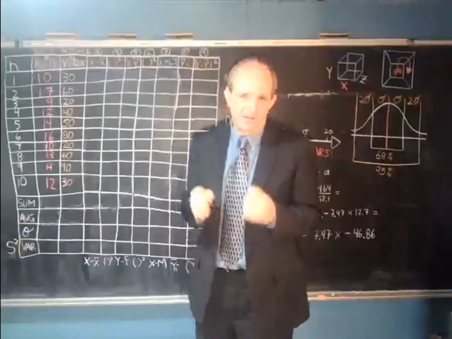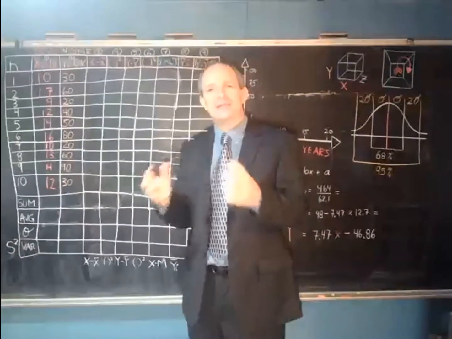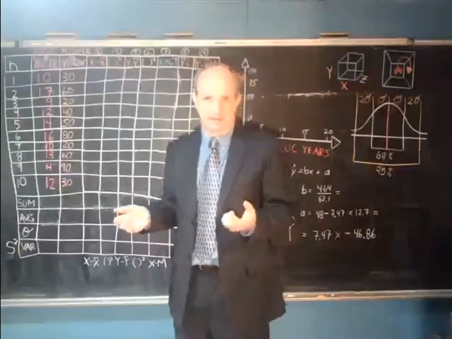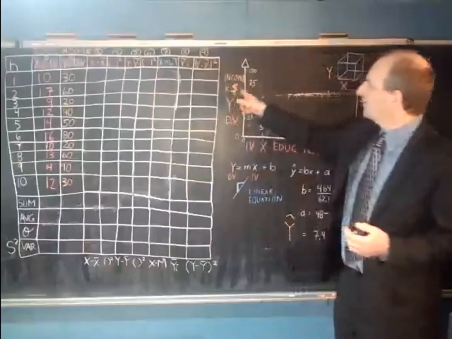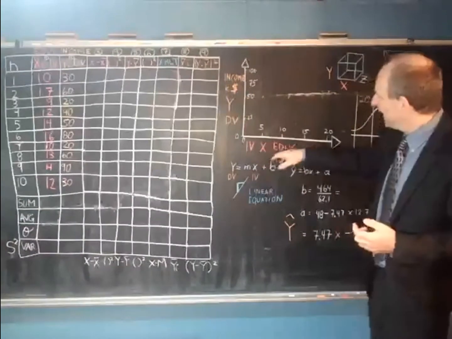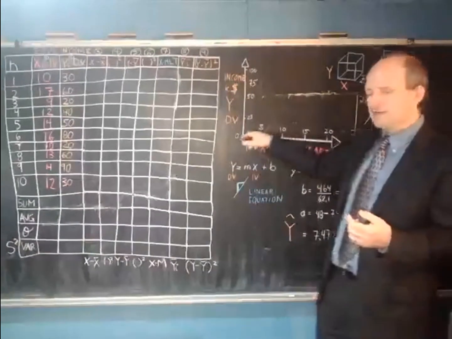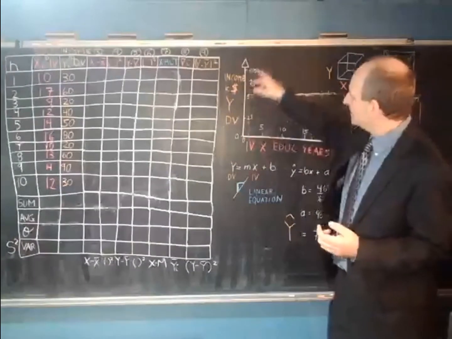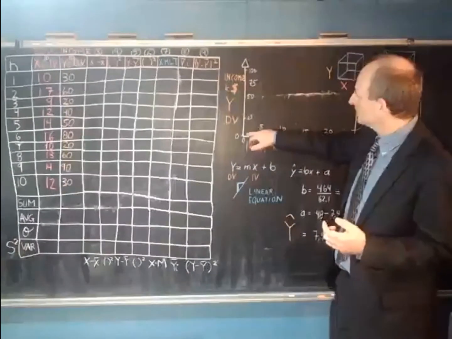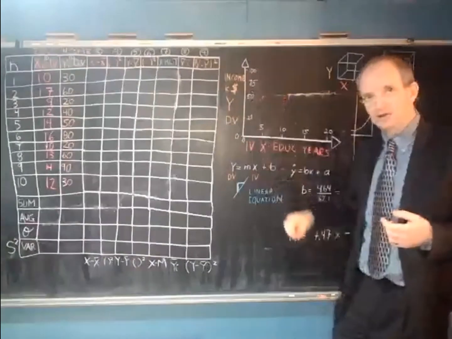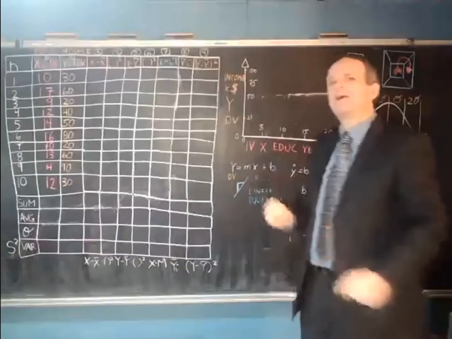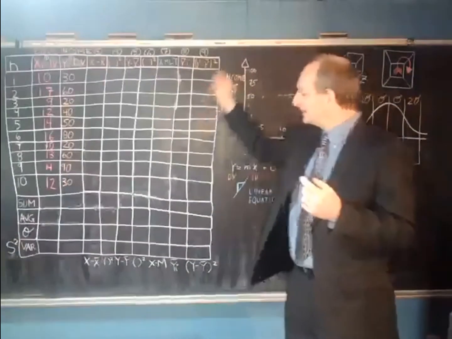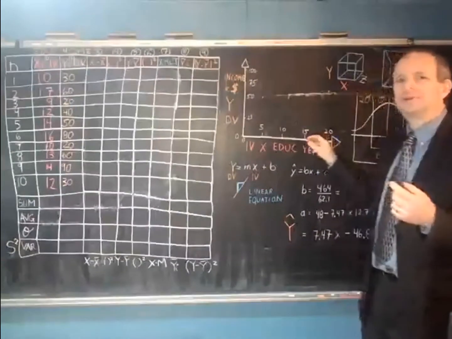So here the independent variable is how many years you've been in school, and the dependent variable is thousands of dollars that you're making. Okay, so we have here income in K dollars, or thousands of dollars, and here we have education in years. Education in years, the independent variable, goes from 0 to 20 years, and the dependent variable, thousands of dollars in income, goes from no income up to $100,000. Now you'll see here, this is a bivariate relationship. It means we've got two variables, one independent and one dependent, and it's very easily visually represented with one cause